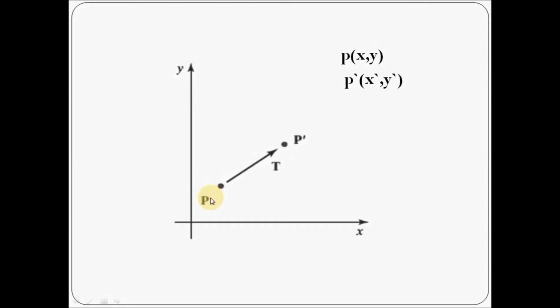Translation means you can move from one position to another position. So this is my old point P of x comma y. I moved this point to a new position, that is P dash of x dash comma y dash. You can see how I moved it, using translation factors tx and ty. This point is moved in the x direction. It is not moving only horizontally, it is moving vertically also, a little bit upwards. That's why tx and ty: it is moving along the x-axis and also along the y-axis. That's why I am considering translation parameters tx and ty.